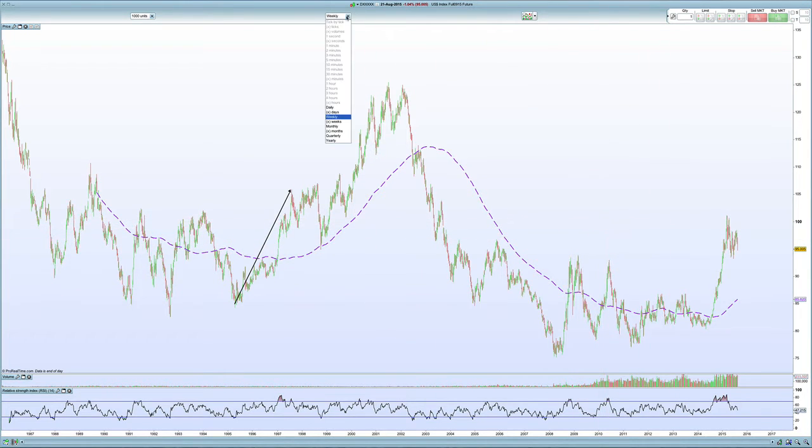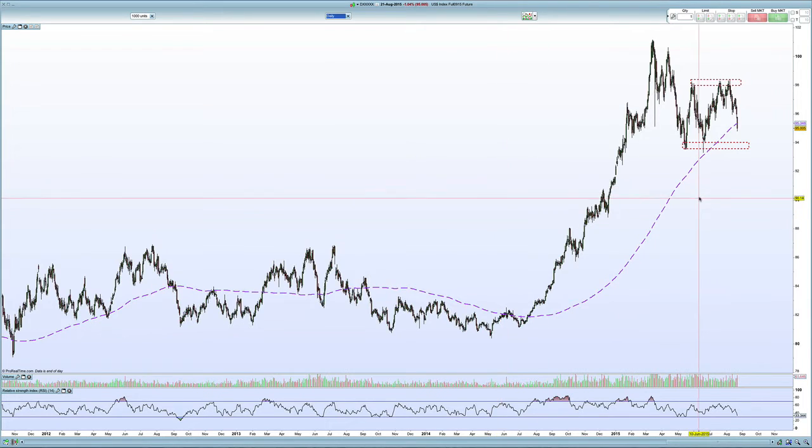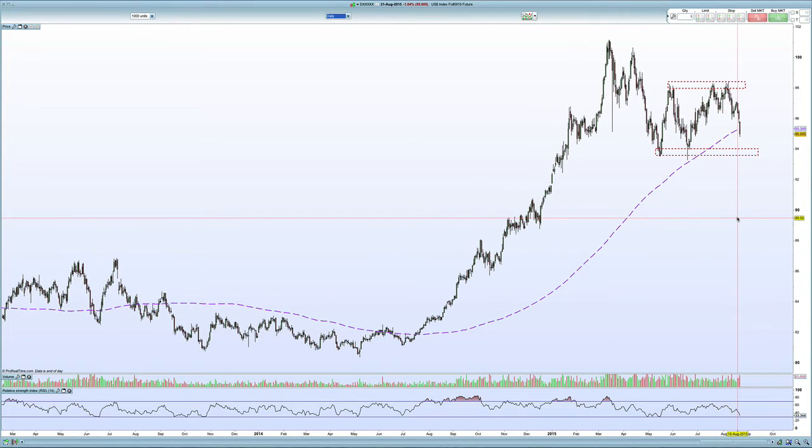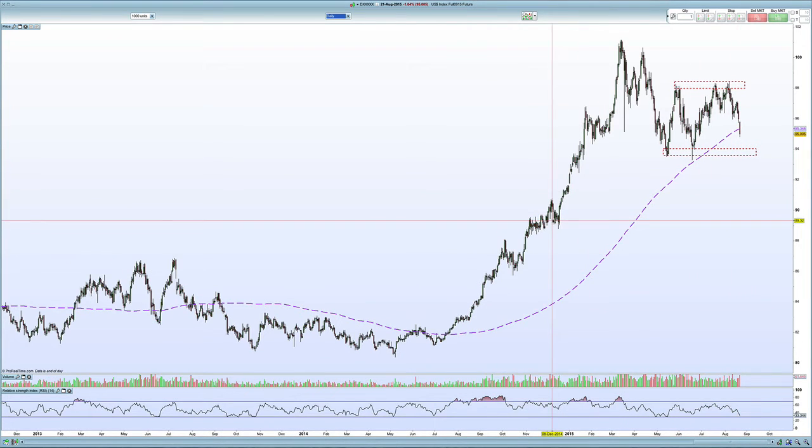So if we go back to a daily chart, the action is starting to look very bearish actually. Just on Friday, it closed below the 200-day moving average. We've got this double top here. If you can't count this as a single top, then it looks like it's going to come back and test this level around 93.50. And if it breaks that, I think there's definite possibility of going back to the high 80s at least. There's a bit of a congestion zone here, so potentially that might act as a next support level.